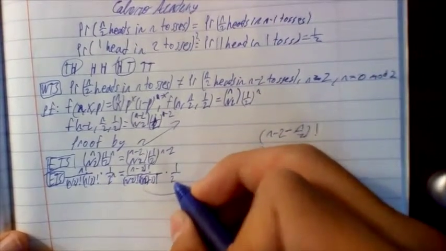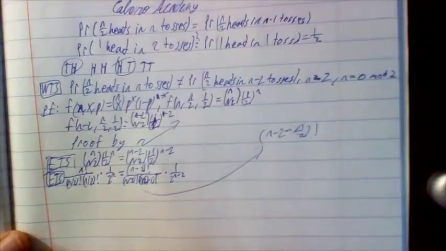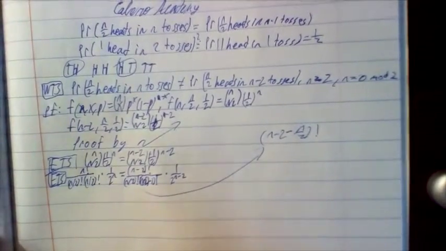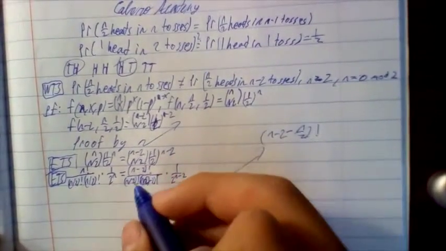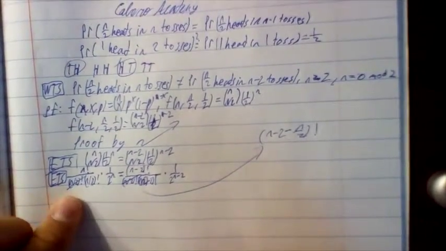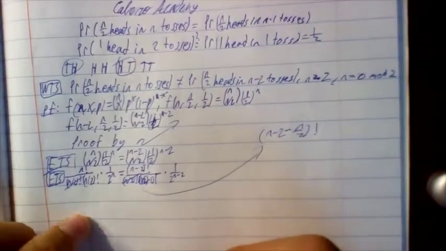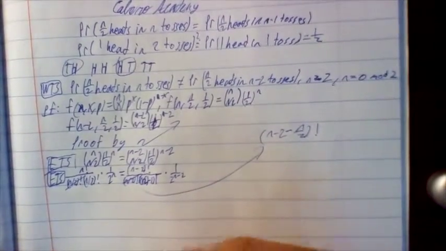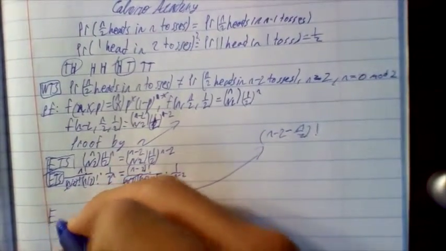Times 1 on 2 to the power of n minus 2. Okay. Now let's get rid of the n on 2 factorials. And now let's do some multiplication to both sides. Therefore, it should be equivalent to show